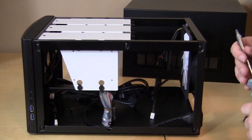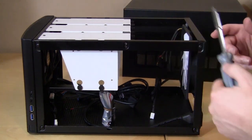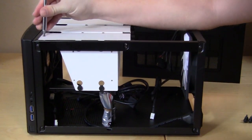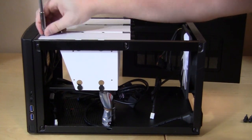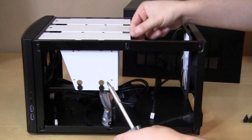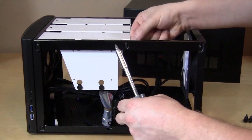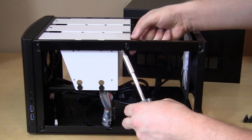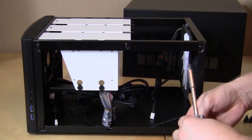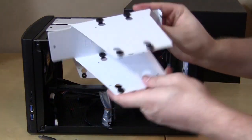Removing the hard drive cages is pretty easy. There are 3 total screws. You have 2 thumb screws as well as a screw at the top. So we'll take one of these out here. So we have our first screw, and then our thumb screws should be easy enough to come out. Here, 1 and 2. There we go. And now we can just pull this out,